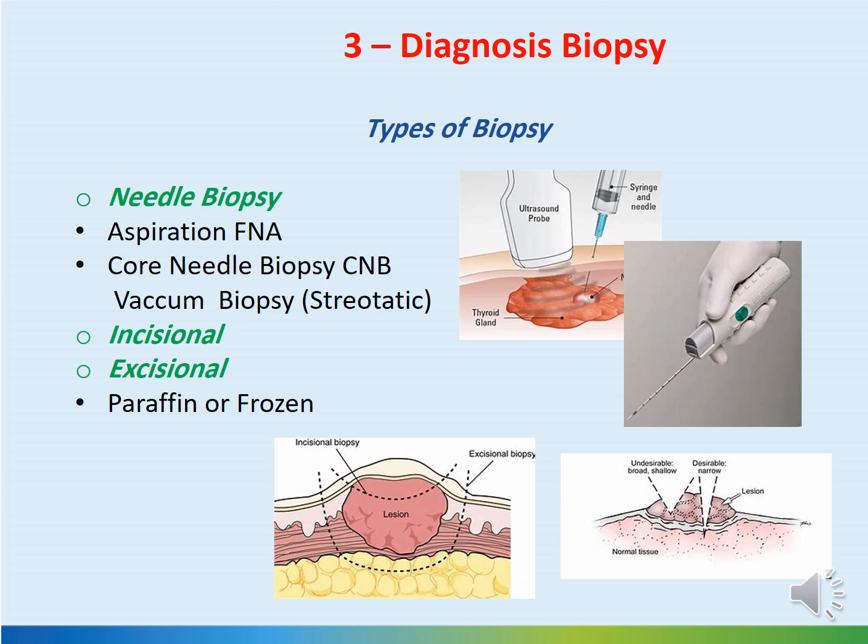When we use the excisional or incisional biopsy, we send it to histopathology, and there we can keep this specimen either in paraffin for permanent biopsy, or we have what we call frozen section, which is a technique to freeze the biopsy, and we use it specifically intraoperatively in order to get quick results within 20 minutes.